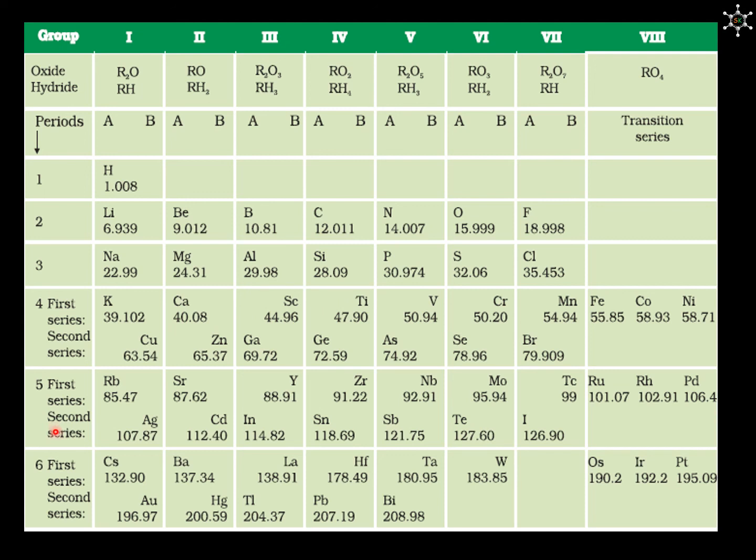We can see in Mendeleev's periodic table there are 6 horizontal rows which he called periods. There are 8 vertical columns which he called groups. From group 1 to 7 we can see that there are 2 subgroups in every group. In group 8 we can see there are 3 elements in it.